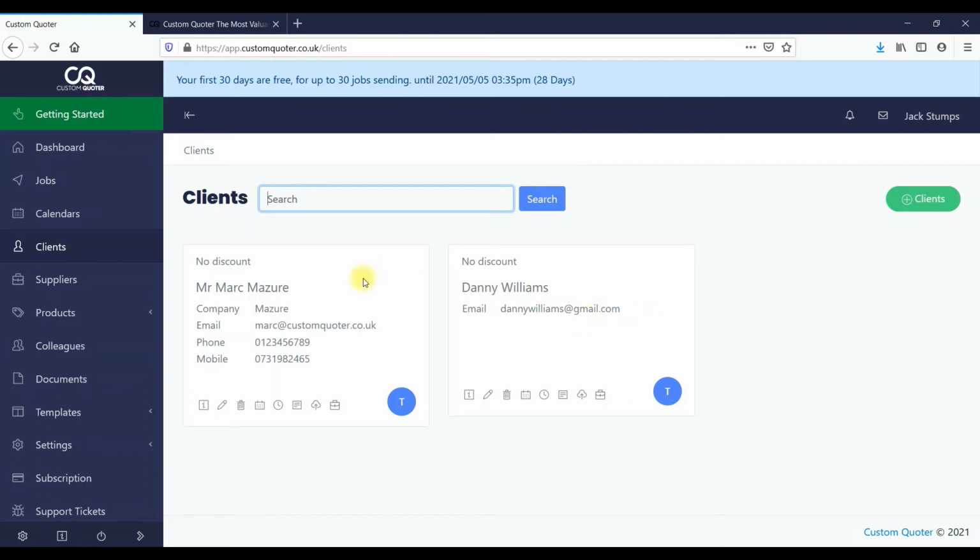It connects to QuickBooks, and it can pull all your clients from QuickBooks, and we're doing the integration for Xero, so that will be ready shortly, and you'll be able to pull all your clients through from Xero. So there's accounting connections as well. Additionally, when you come through to the jobs and you